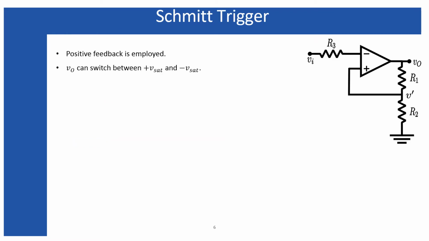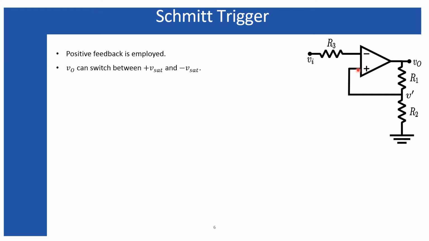Having a basic idea of the comparator, I'm now going to discuss the Schmitt-Trigger circuit. Here you can see that the reference voltage is connected to its non-inverting terminal, whereas the input voltage is applied to its inverting terminal, which is the opposite configuration of what I discussed in my last slide, where I discussed the basic principle of the comparator.